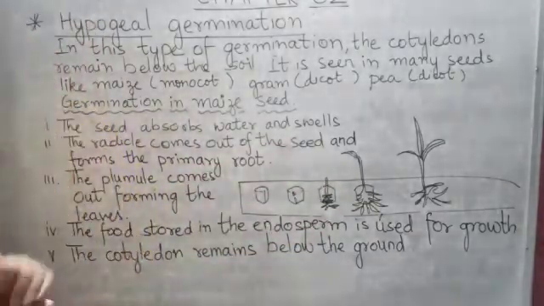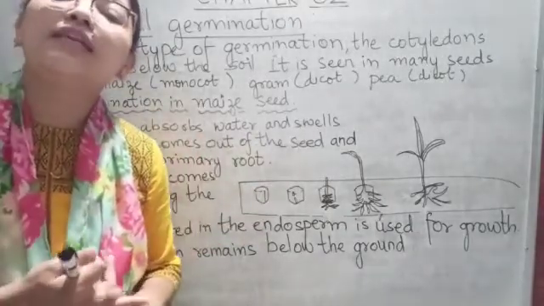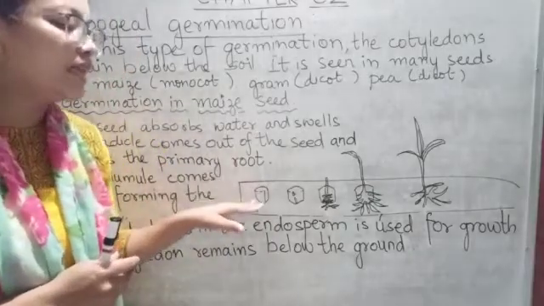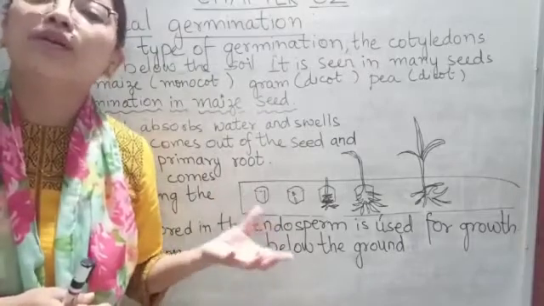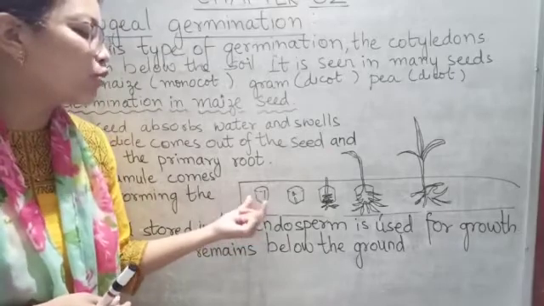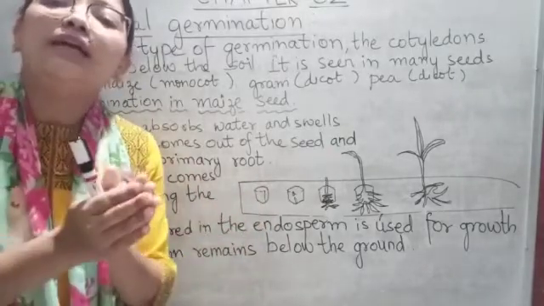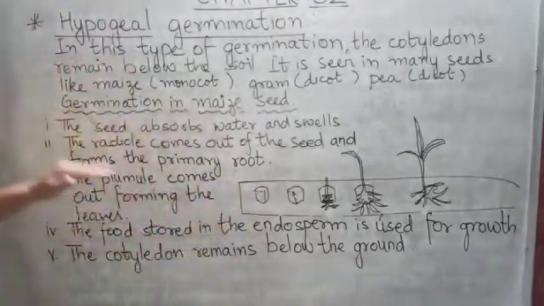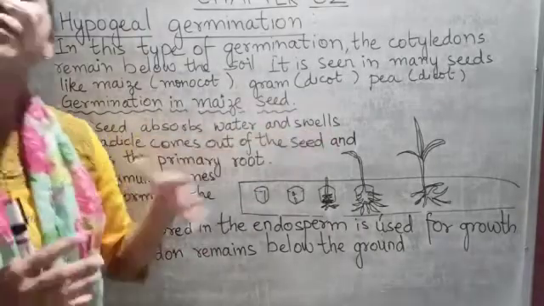Okay, so here first of all, a seed always germinates whenever it gets favorable conditions. When the seed gets favorable conditions, only then does it start growing, germinating. So this is a maize seed, and when it absorbs water, what happens? When a seed absorbs water, it swells up and increases its size. So the first thing is that the seed absorbs water and swells up.